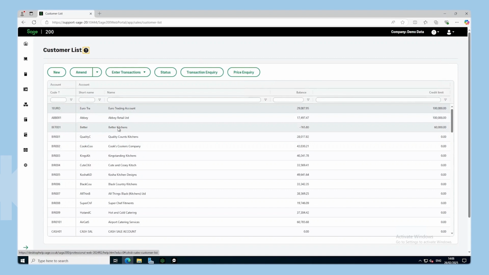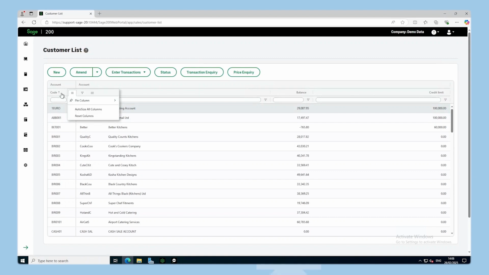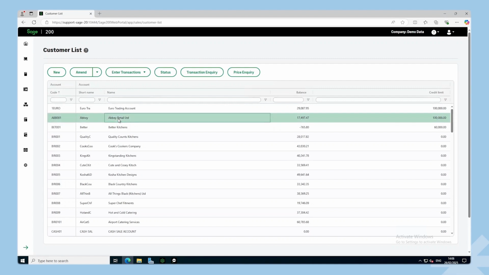Okay, so you can see then we have the list, we have immediate filters available, and if we go into one of the columns, we can pin a column, we can go through a filter, or we can, again like you can do in Sage 200, go and change, add extra columns as well. So it's not a fixed view. Just like in the app, you can customize your own view within there. Okay, if we go into a particular account,